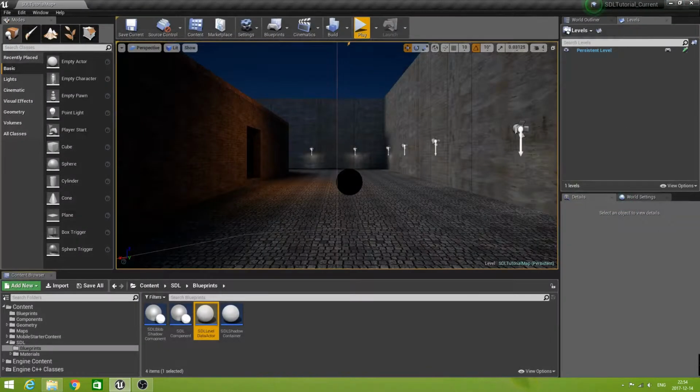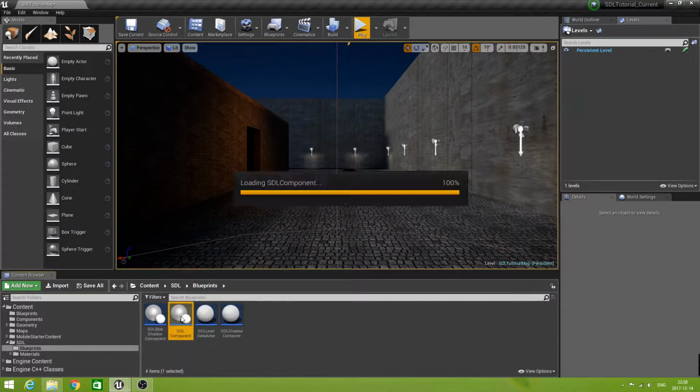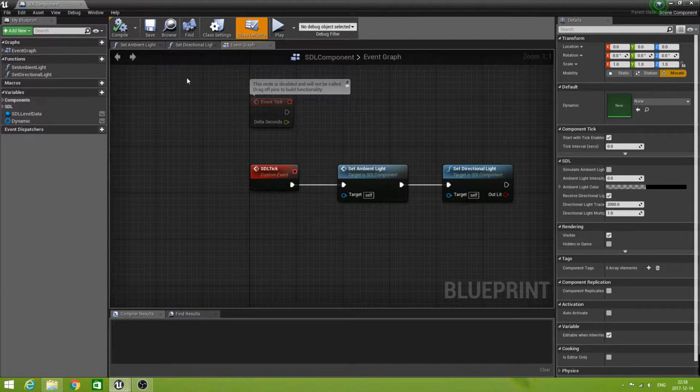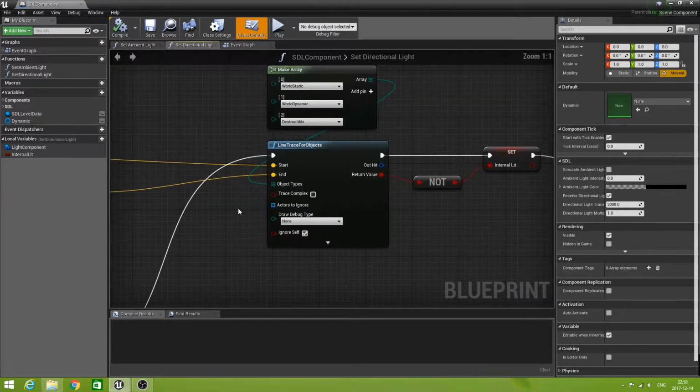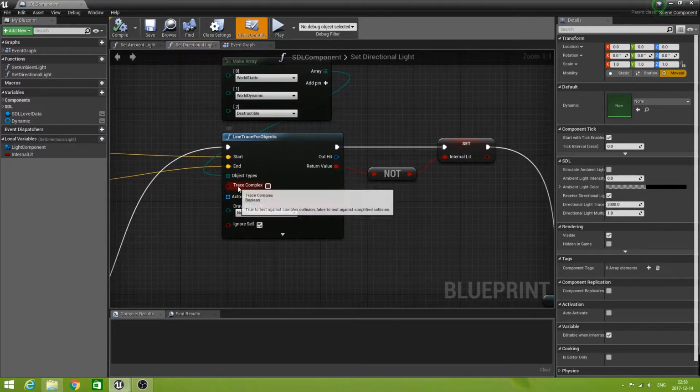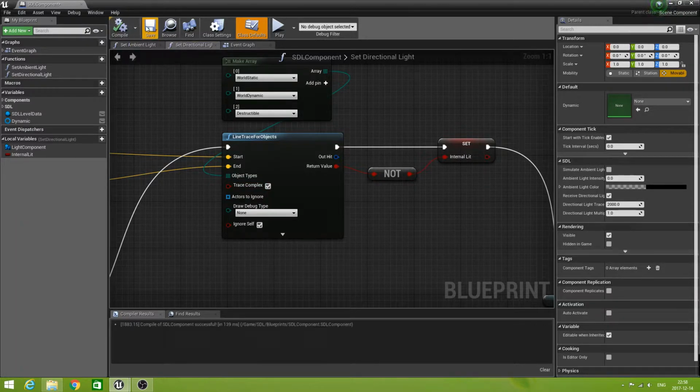I can close this window. I also forgot to do something in the set directional light function in our SDL component. So let's fix that. Go to the set directional light function, and this was the line trace for objects. Now make sure trace complex is checked. Again, in my level that doesn't matter at all because everything is simple there, but in your level it might be a difference. It just becomes better. So let's compile and save this as well,